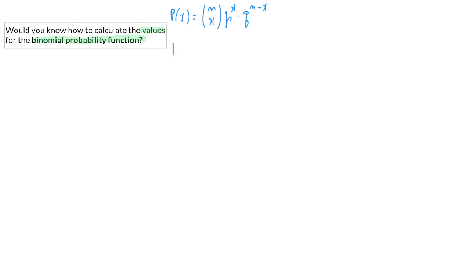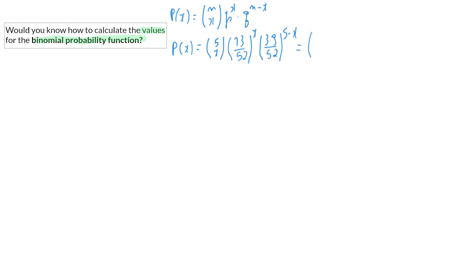This gives me P of x equals, my n is equal to 5, choose x, times 13 over 52 to the power of x times 39 over 52 to the power of 5 minus x